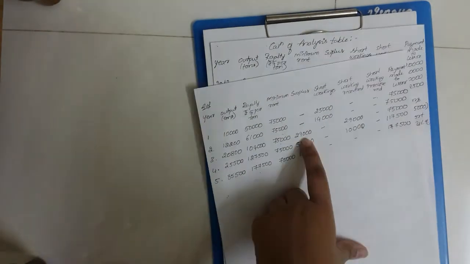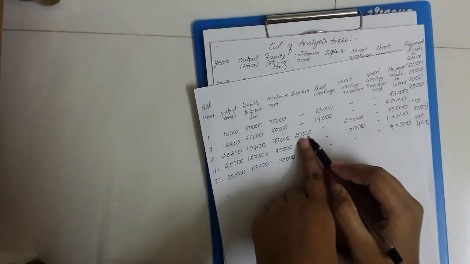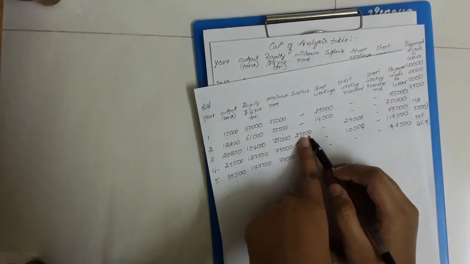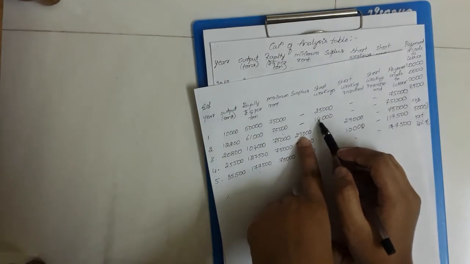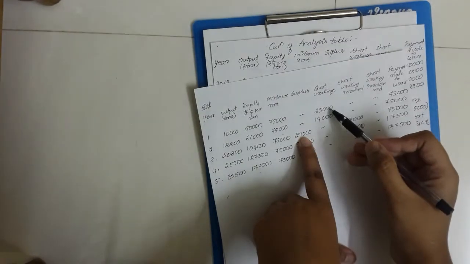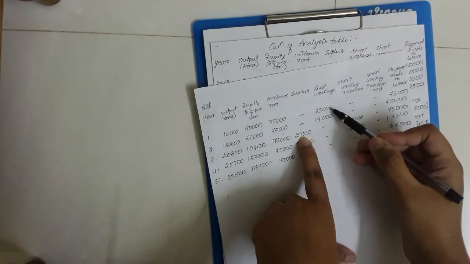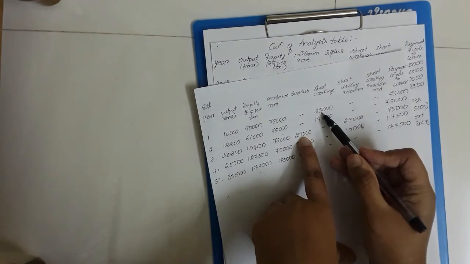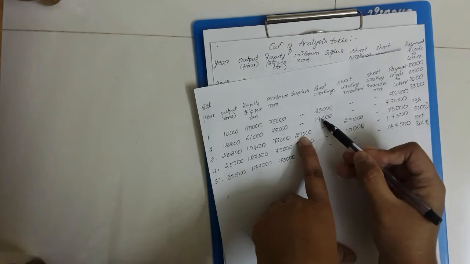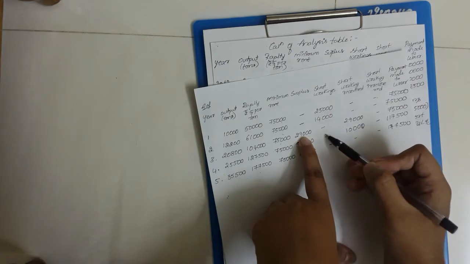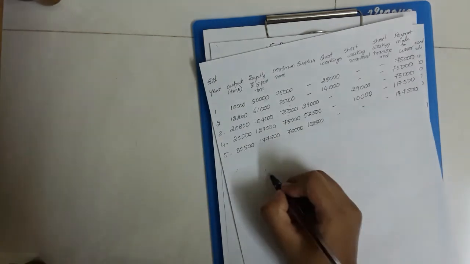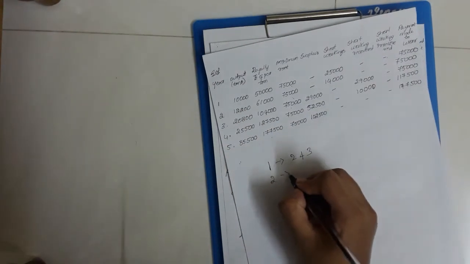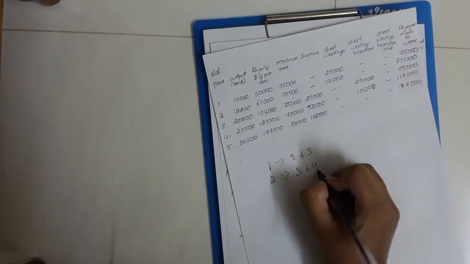Once again, 29,000 is a surplus, you have paid more, you have more royalty now. With this 29,000 surplus we need to recover the short workings. According to the condition, the first year's short workings can be recovered in the next 2 years. So now I have the money, I can recover this 25,000. The second year's 14,000 I can recover in the next 2 years, that is 3 and 4. So first year short workings can be recovered in second and third year, and the second year short workings can be recovered in third and fourth year.